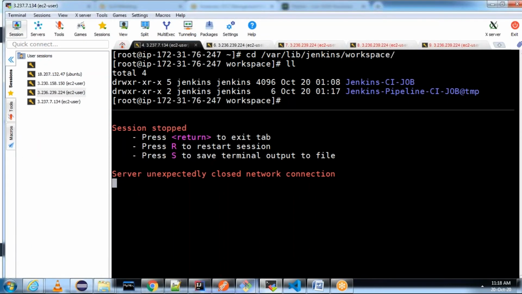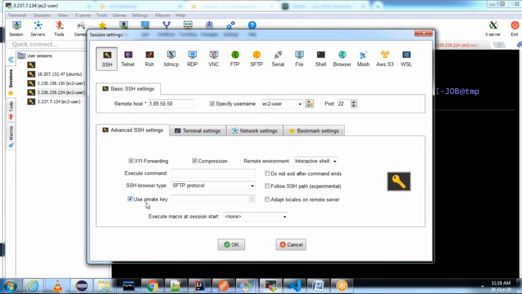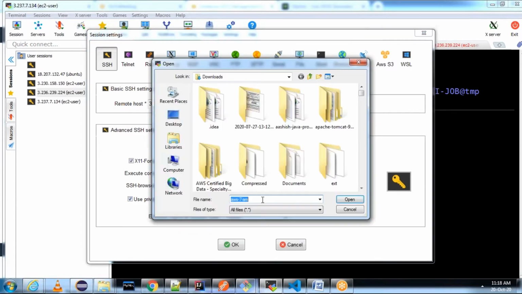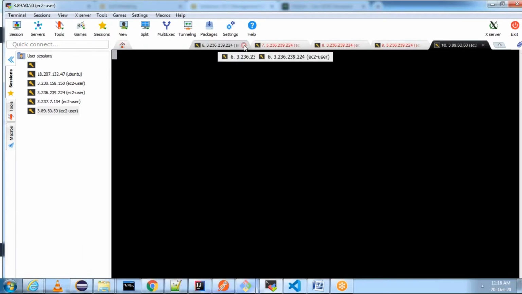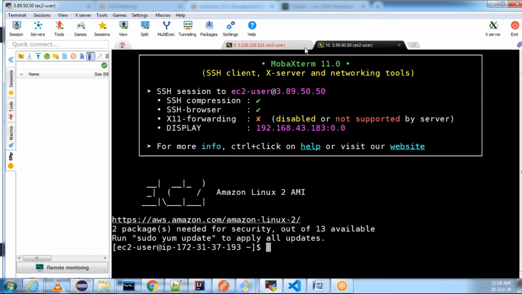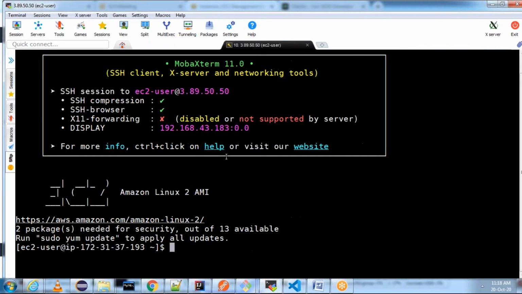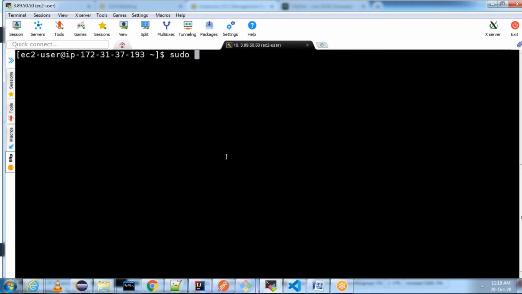Create a new session. SSH, remote host. Username is ec2-user. Advanced SSH settings. Browse for your PEM file. Done. I'm able to connect to it. Fine.